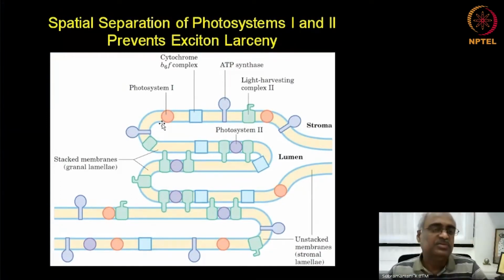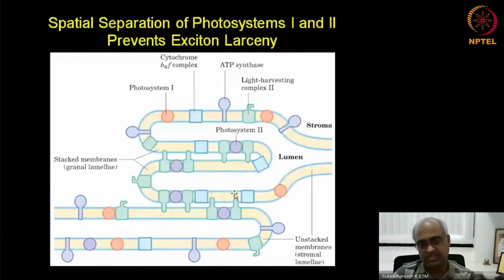Okay. So as a result, if they are randomly, uniformly distributed, then photosystem 2 will not get excited frequently. So this will be under-excited chronically, while this will be over-excited. If this is over-excited, then the electrons lost from this will not be replenished, because the electrons lost from this come from plastocyanin, which ultimately gets it from the excited photosystem 2. So to avoid this problem, there is a regulatory mechanism that plays a role, and that is what is shown